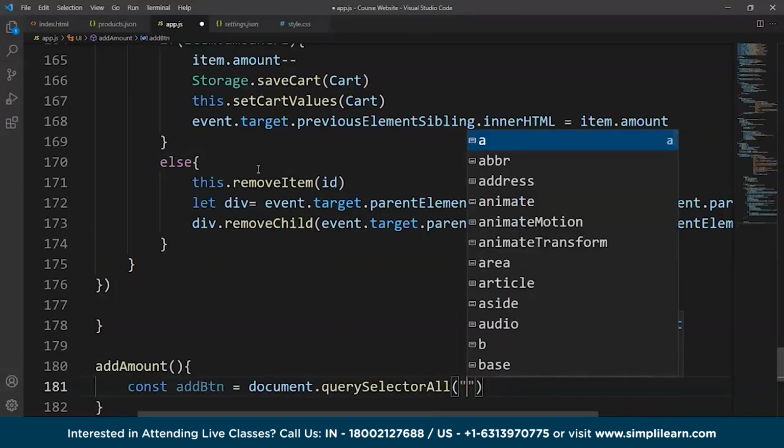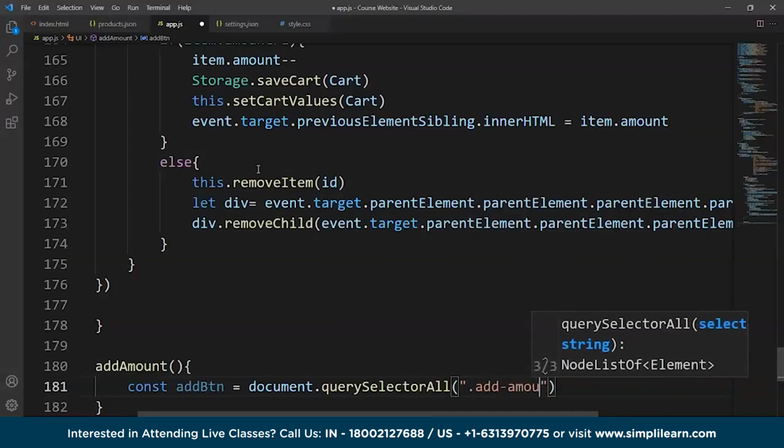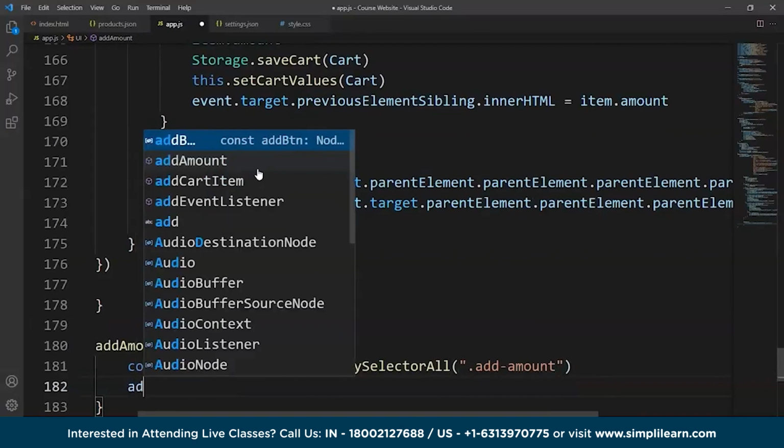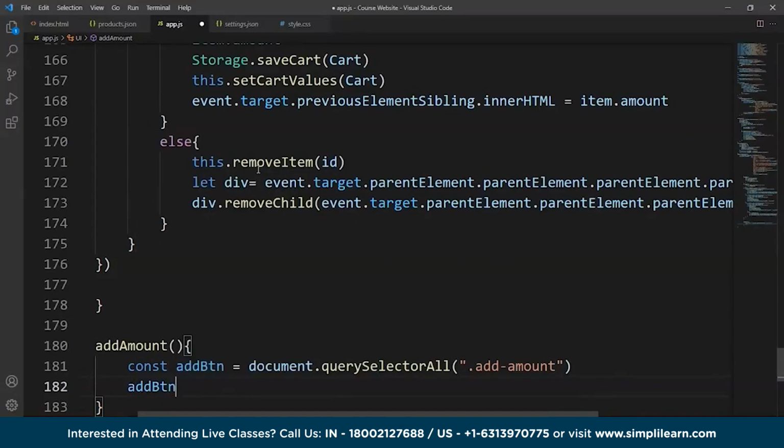Inside this we'll pass .add-amount. Fine. We'll write here addButton.forEach,